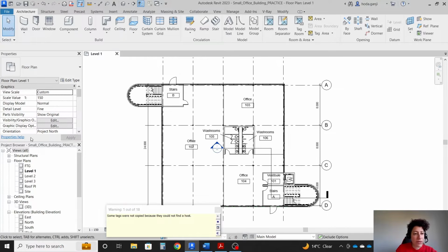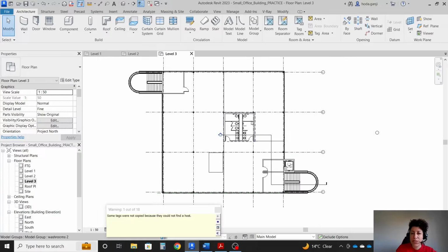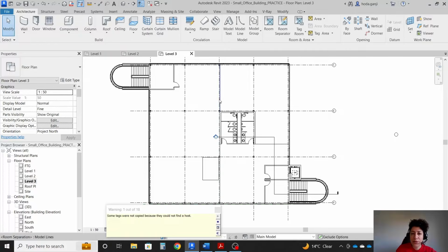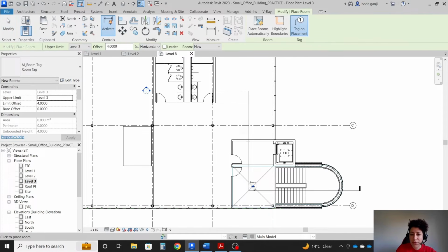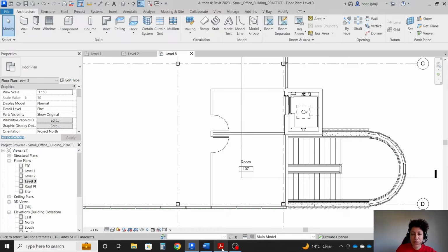Okay, now if I go to my level 2, so you see that it was able to copy the room separator, but it does not automatically do the rooms, so we need to escape this and go with a room here. If I click here, this is gonna be